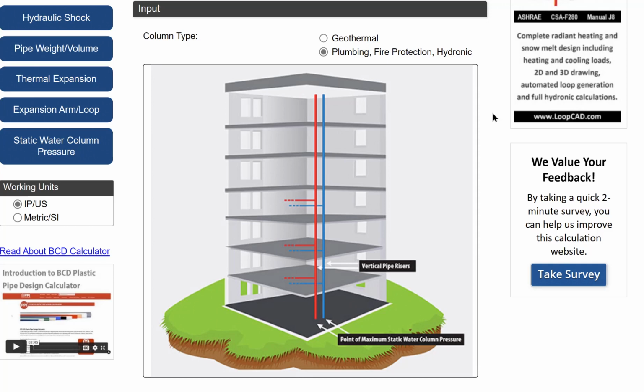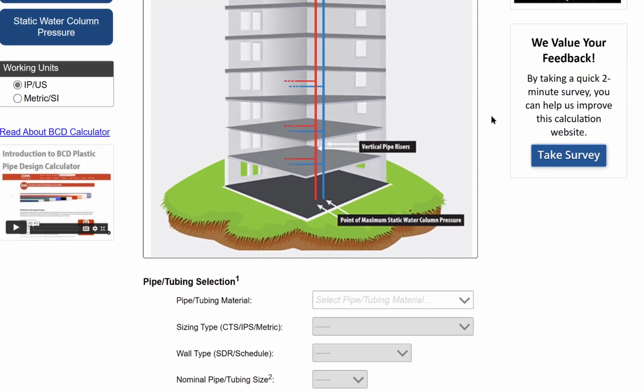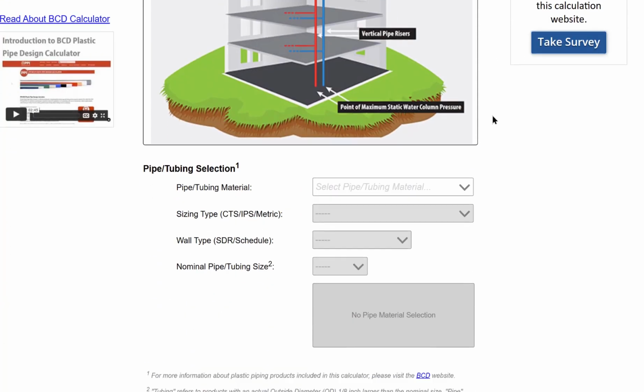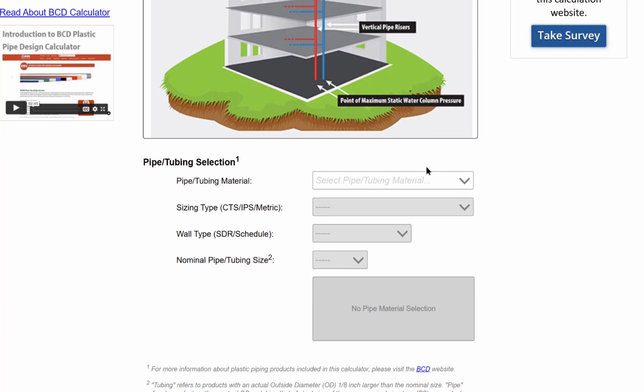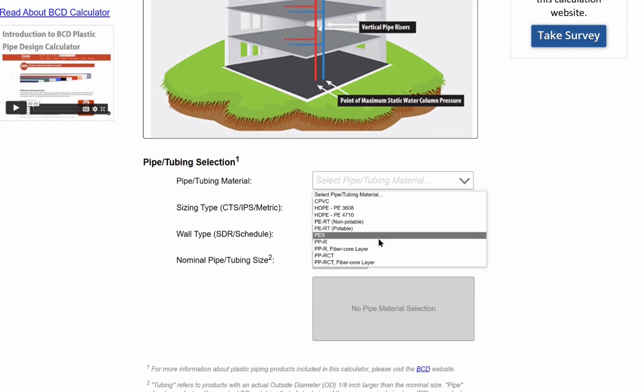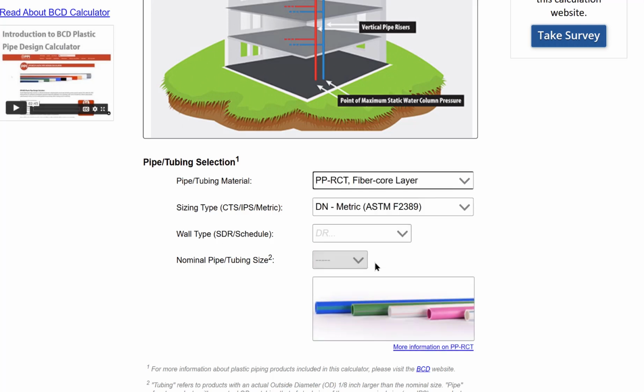So to calculate the static water column pressure at the bottom of that column of water, which would be in the mechanical room on the ground floor of the building, let's go down and use the same process. In this case, let's say my pipe material is polypropylene of the type PPRCT with a fiber core layer. That pipe is being produced according to ASTM F2389